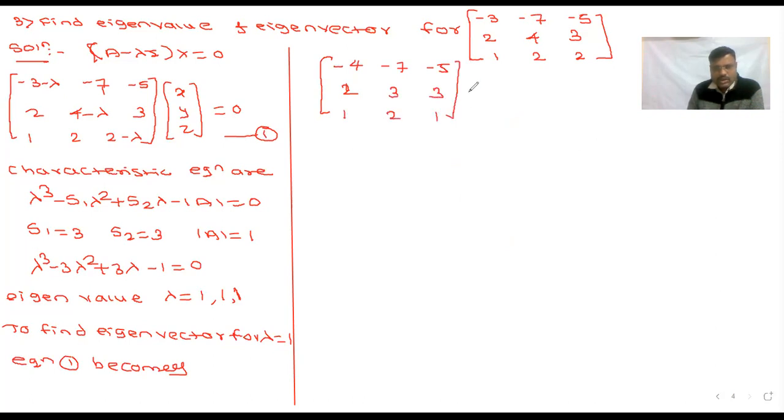Noting all three equations are not different, we take any two different equations. So we take two different equations, 2x plus 3y plus 3z equal to 0, x plus 2y plus z equal to 0. So by Cramer's rule,